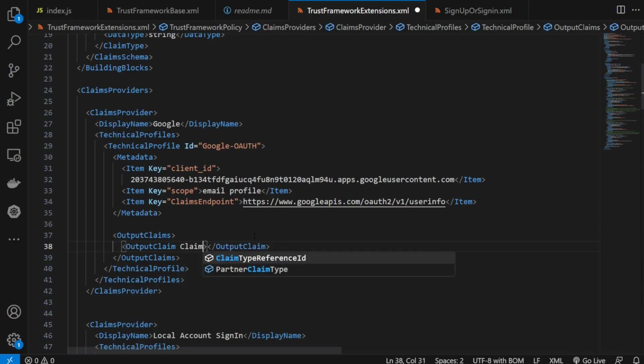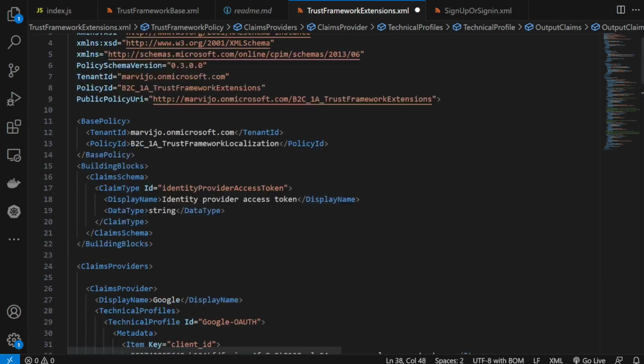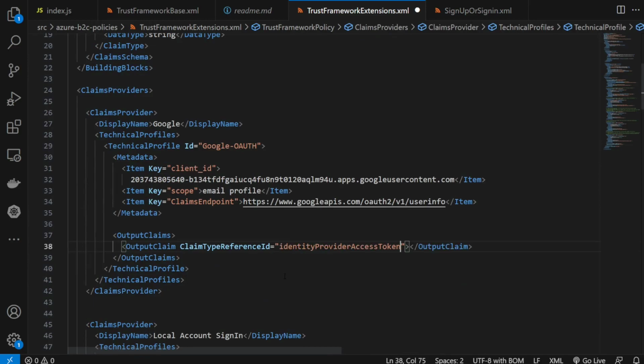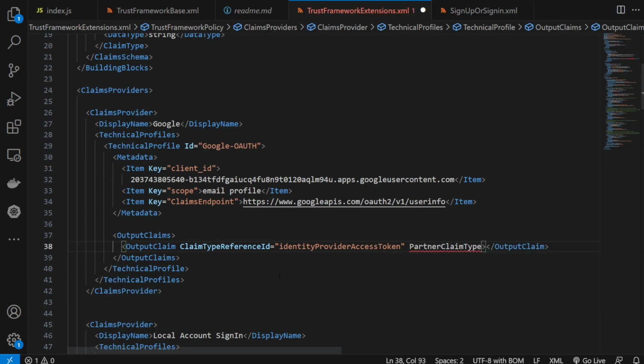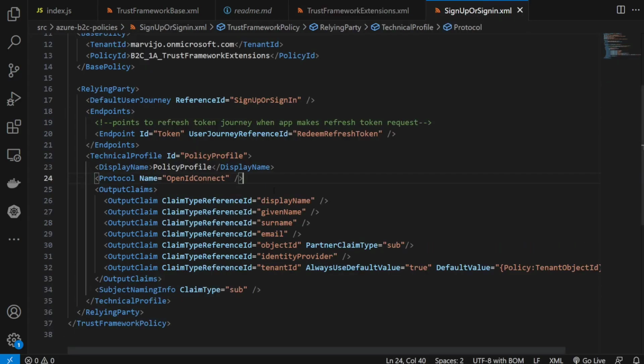providers. So our claim type reference ID is going to be the name that we've given our variable here. I call the claims variables because they are variables, and then the name of the variable from our OAuth 2 claims provider. Partner claim type, just going to reference it. Right, cool, looks good. And then if we go to our relying party here, which is actually that single sign-on